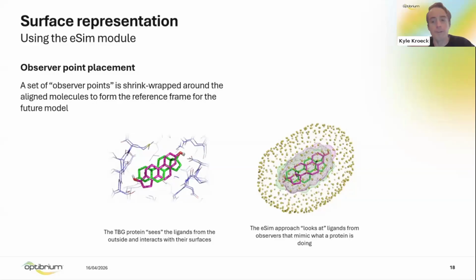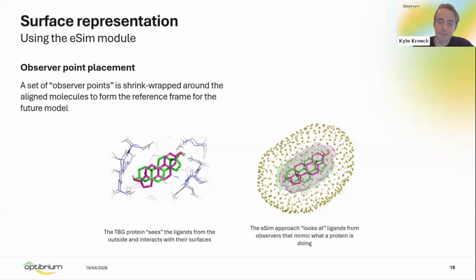interactions occur. The use of observer points represents a fundamental shift in molecular representation. Traditional modeling often focuses on the positions of individual atoms or functional groups. In contrast, QuanSA focuses on the physical fields those atoms project into the surrounding space. Each observer point acts as a discrete sensor that records the local physical environment, measuring steric occupancy, electrostatic potential, and hydrogen bonding capacity. By converting chemical structures into a standardized grid of field values, we move beyond the 2D topology of the molecule and focus on the physically motivated components it presents to the protein.